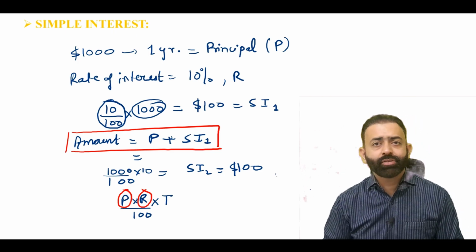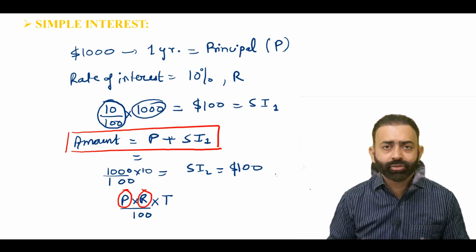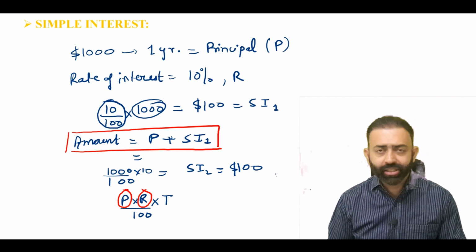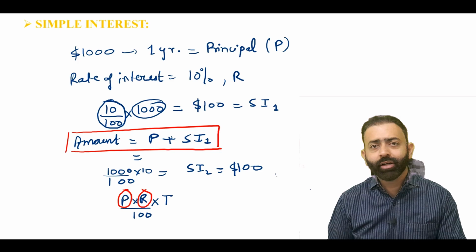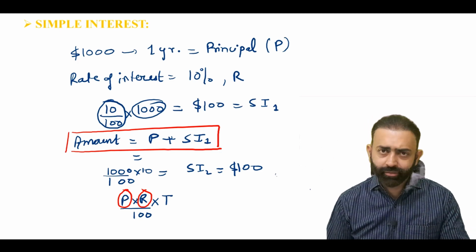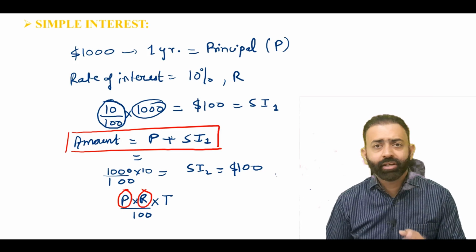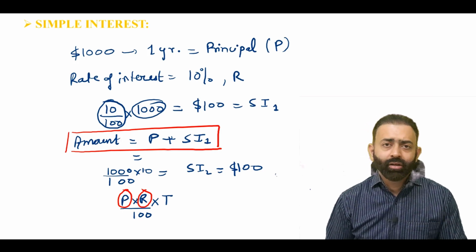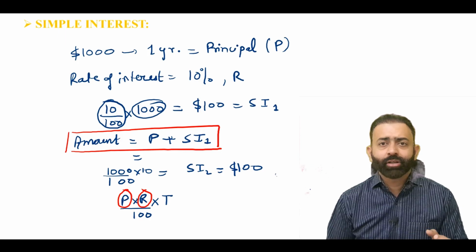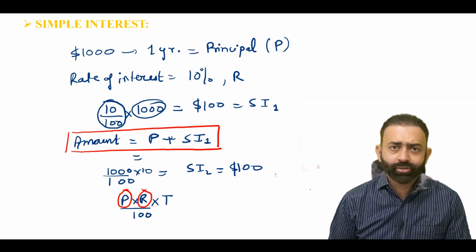Right? So this is the interest that you will get after t number of years. For 5 years, you will just multiply the rate of interest, which is PR by 100, by the number of years, let us say 5. So 5 into PR by 100. In this example, if P is $1,000 and the rate is 10%, my interest would have been $500 for 5 years,